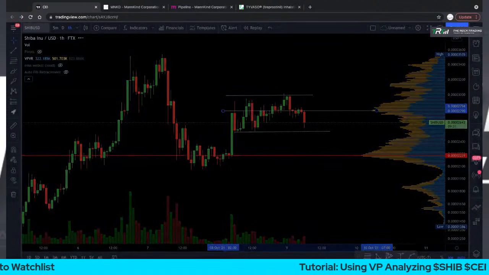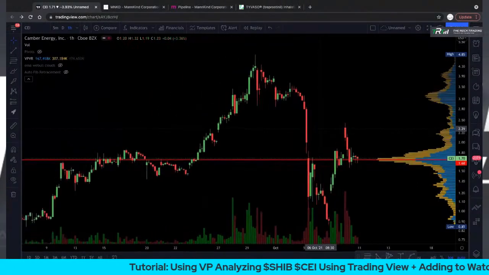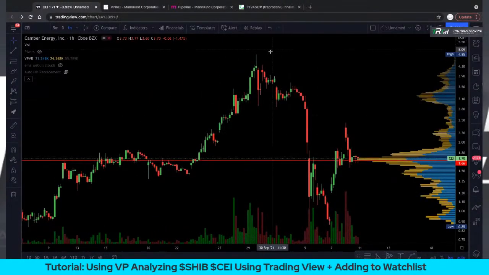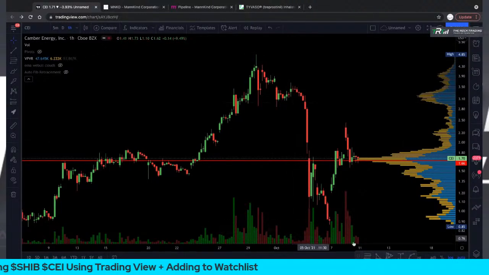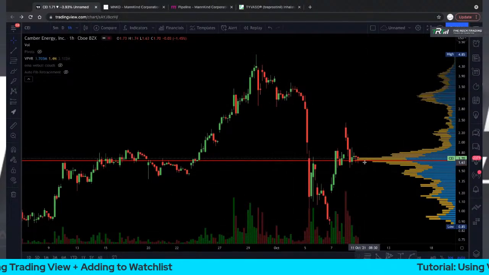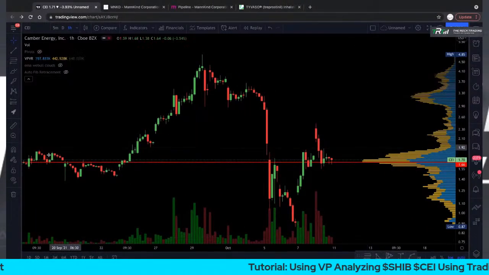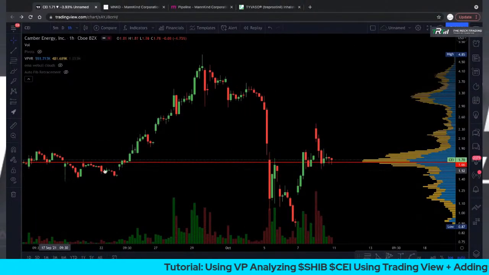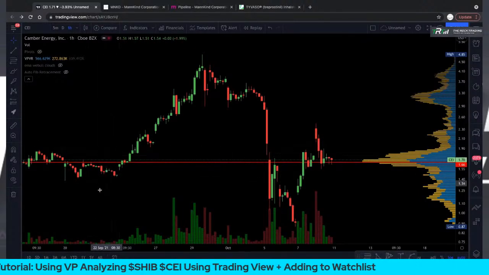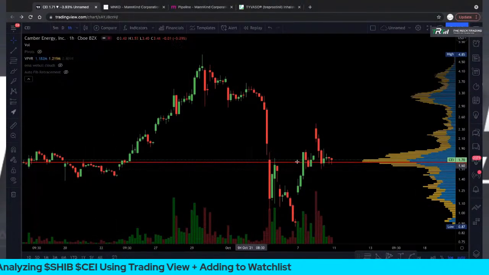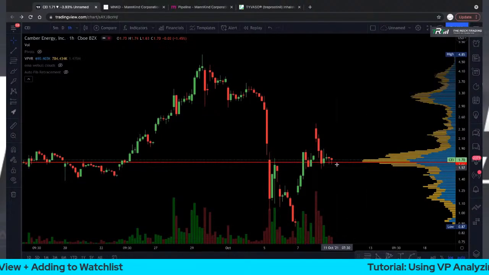Let's talk about CEI. I'll use CEI as another example as well. And you can see it's pretty interesting, right? CEI ran to 485. Short report came out, killed it, and boom, right back into the support area, right? Based on the volume. Because why? This was pretty much the control area where it started breaking out back in September, right? It started breaking out here,